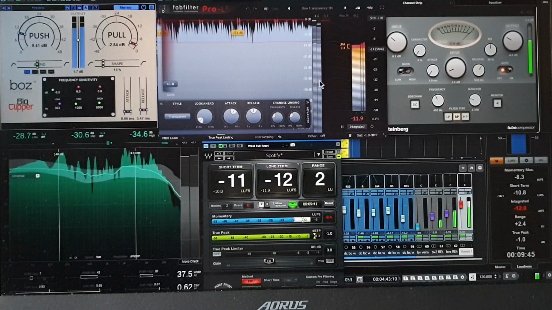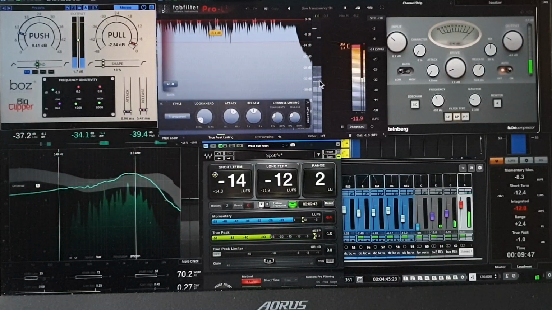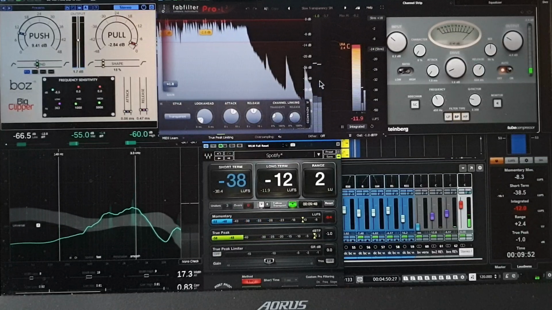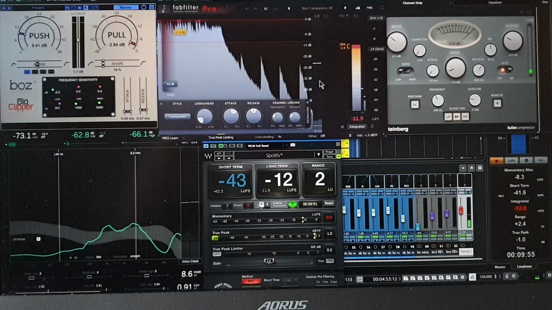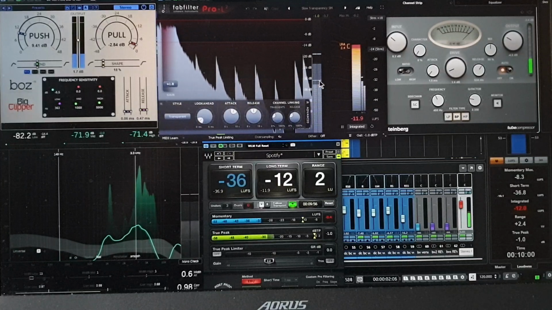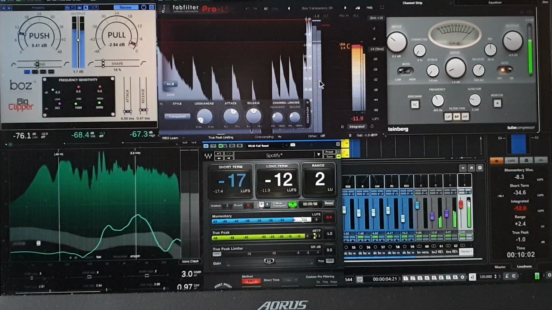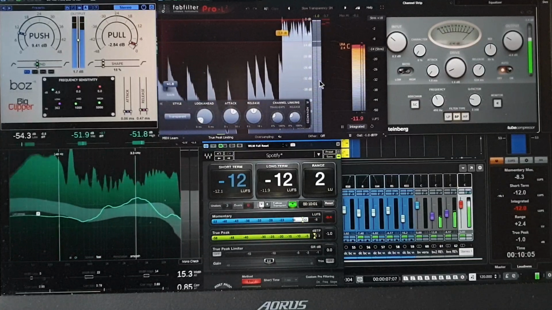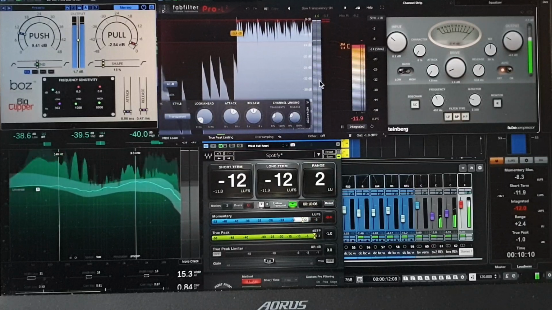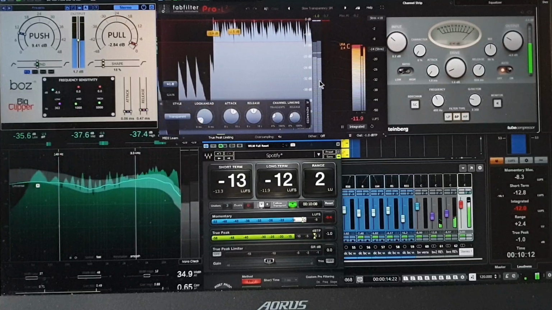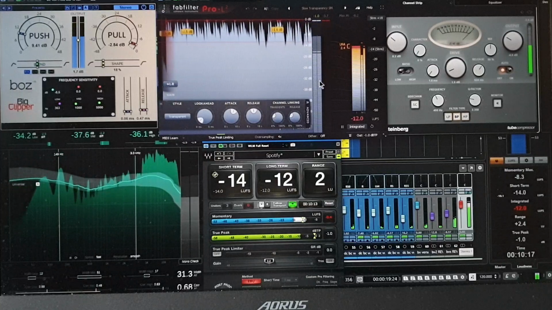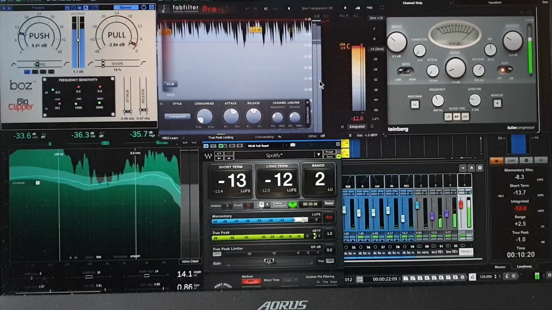Now, I've looked at tons of people online that all talk about LUFS. And one of the things a lot of them keep referring to is the other sites. And if you go through the different sites, they want different numbers, which is a pain in the arse, and 14 seems to be the magic number. But a lot of people want to push it further than that. Some people are pushing it towards 8 and 6, and even demanding of their mastering engineers to push it to that number, because the argument is there's a thing called perceived level.